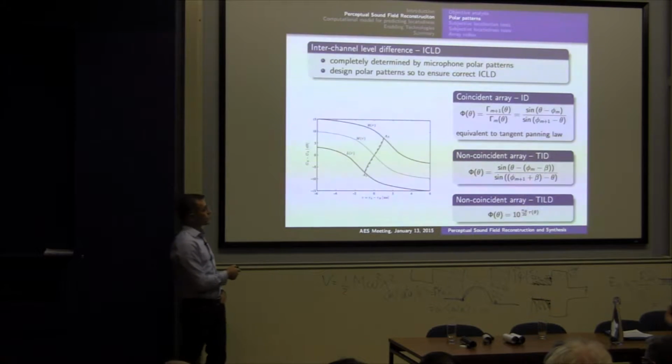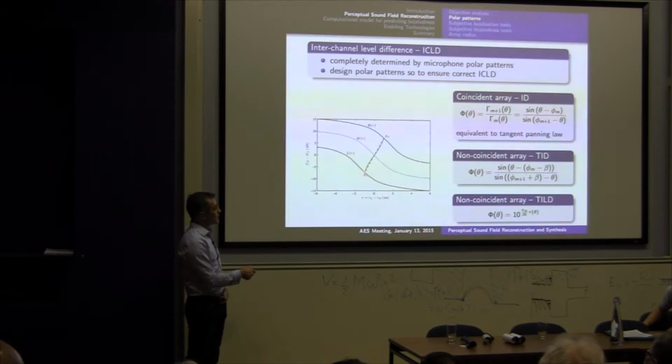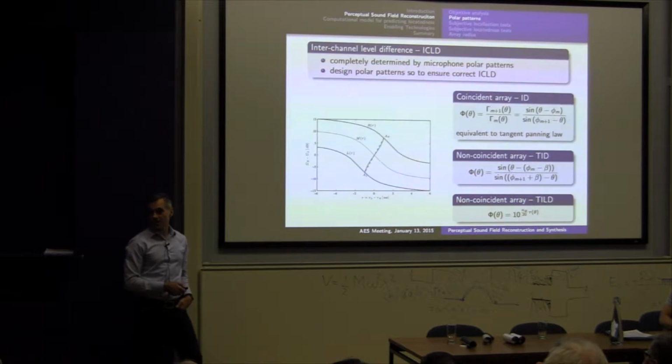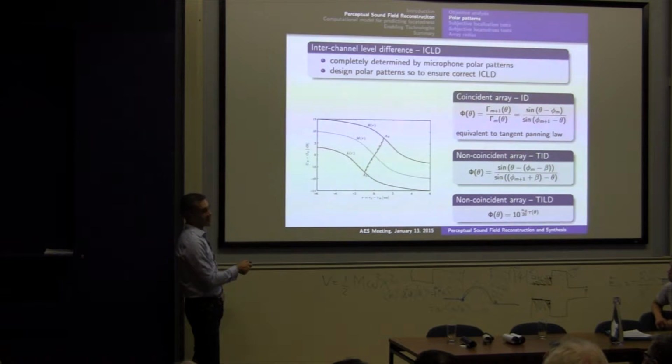What we are going to do now is design our polar patterns in such a way that as the sound moves from the direction of one speaker to the direction of the other speaker, all these level differences are given by one of these curves, lines, connecting these two extreme points. It is unclear what is the right or the best curve. So initially we were just taking the straight line.